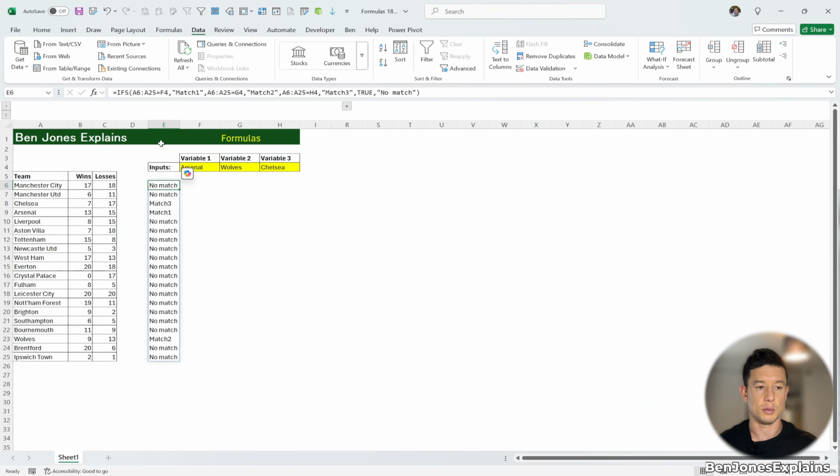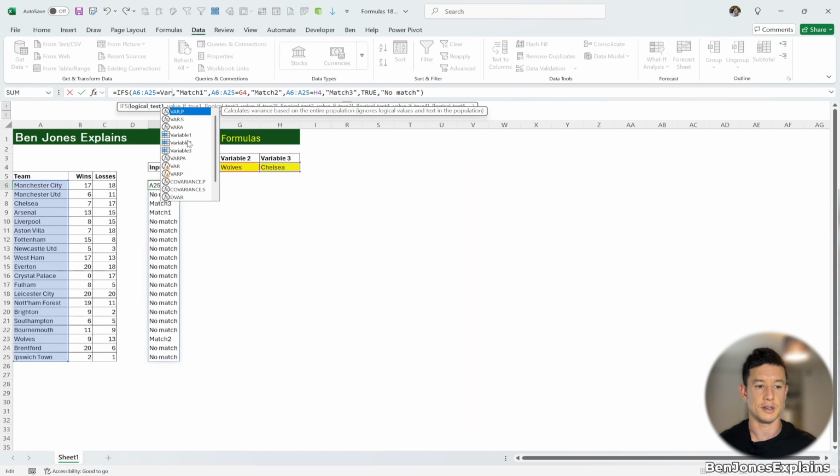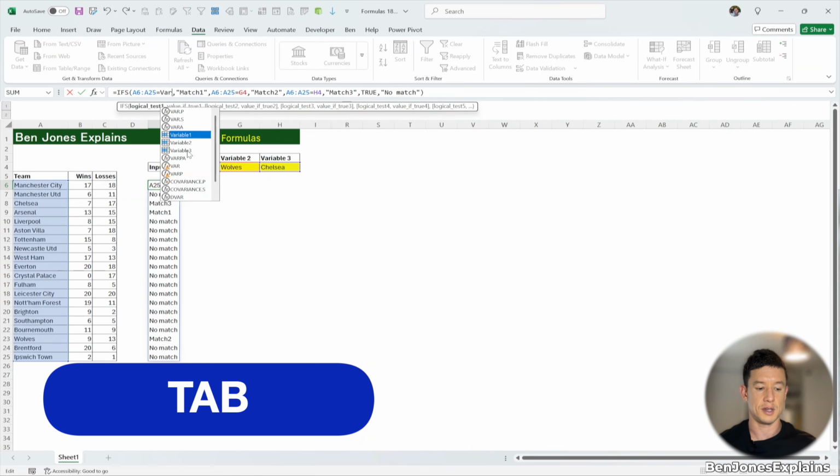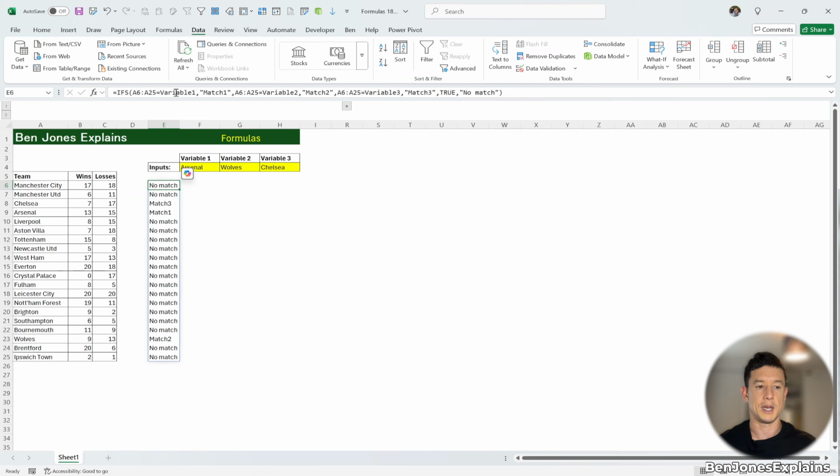So now in our formula, instead of referring to F4, we're going to start typing variable, and you can see as soon as we start typing, the auto population tool has recognized our named ranges. We can press down to these, press tab, and instead of F4, we now have variable 1 for Arsenal. Just doing the same for the other two. So now we have a formula that says variable 1, 2, and 3 as named ranges instead of cell references F5, G5, and H5. If you give your named range a useful name, then this can really help readability of